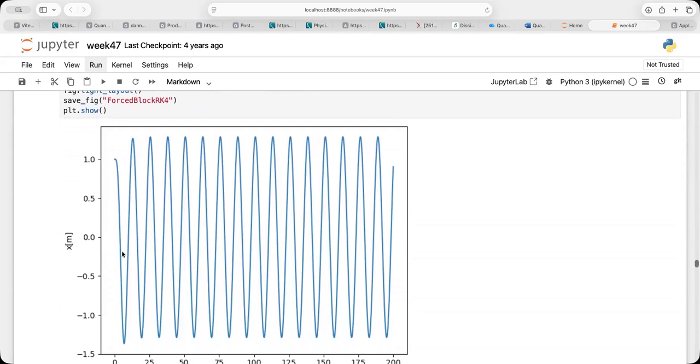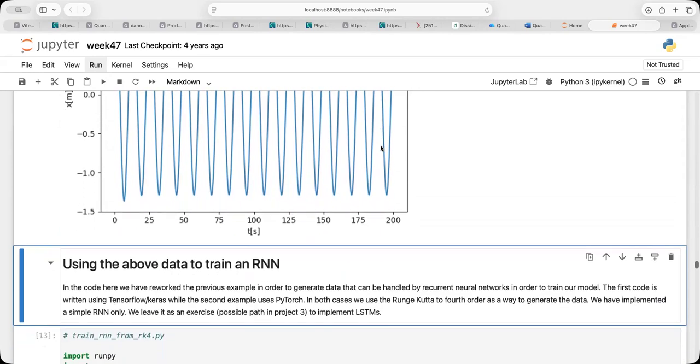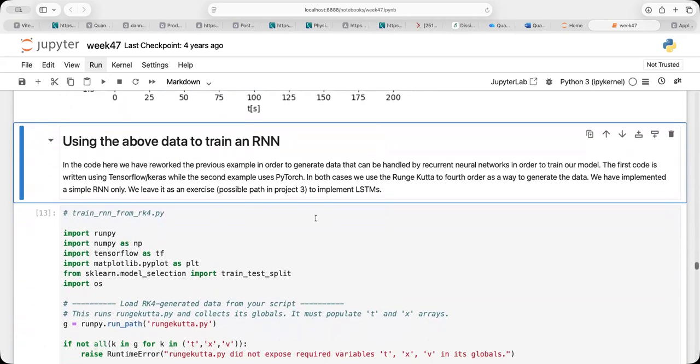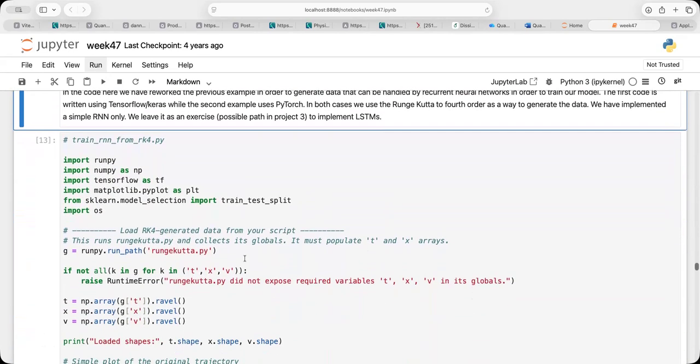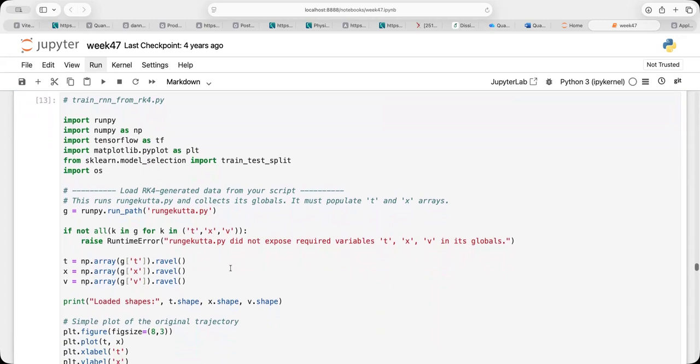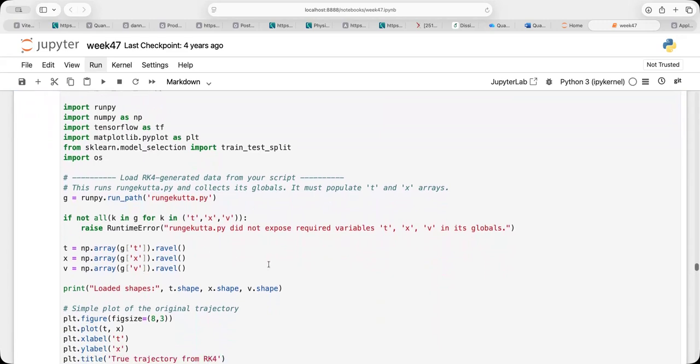You see now the initial conditions and the damping are trying to set the scene, but then the applied external force forces everything to oscillate in a pretty boring way. Okay, so this is the data which we're going to train with. And then we are going to set up a recurrent neural network. And this simply runs that code which you saw now, and you can play around with it if you want to. I'm now in the example which you see here.